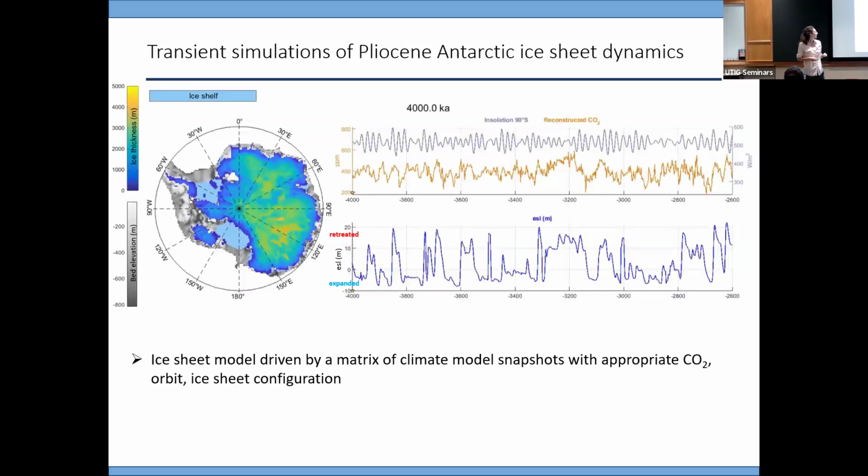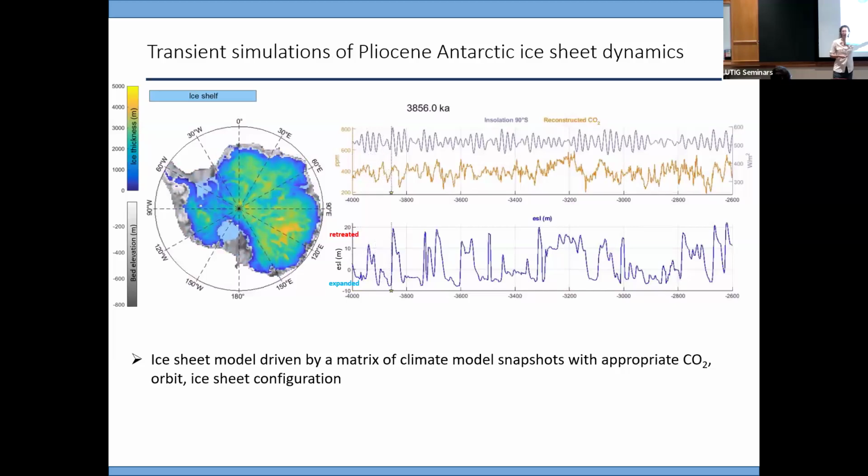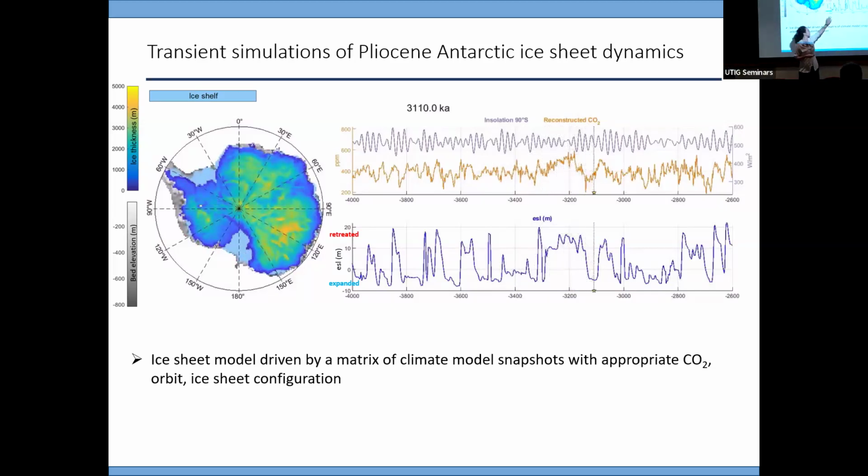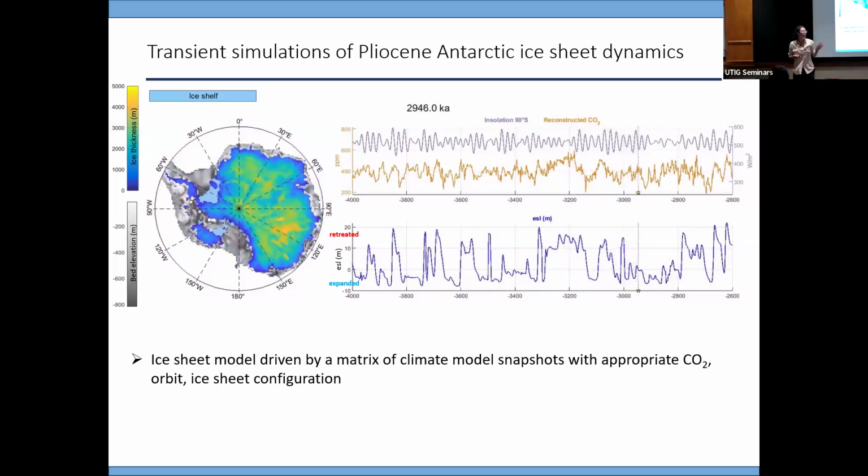I'm going to talk about methods briefly by showing you results. So this is an ice sheet model, a transient ice sheet model, right? It's evolving through time, showing the glacial interglacial cyclicity through the Pliocene. This top plot shows the model forcing, the model inputs. So the purple line is insolation, the orange is CO2 through time. Oh, I didn't label this axis, but it's 1,000 kiloyears, so 4 million years to 2.6 at the Pleistocene transition.